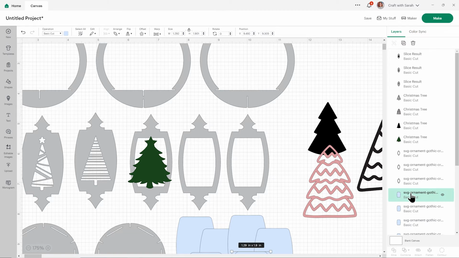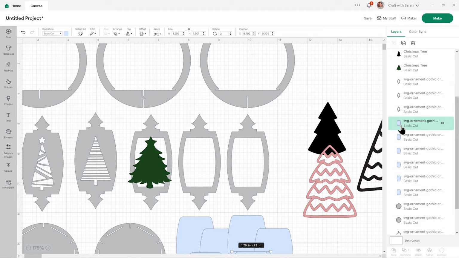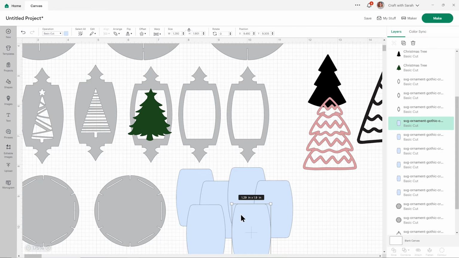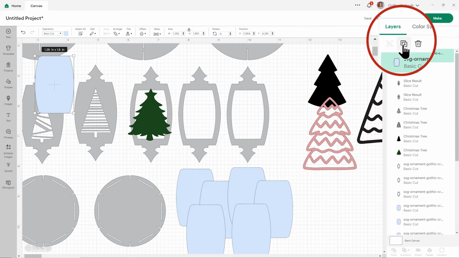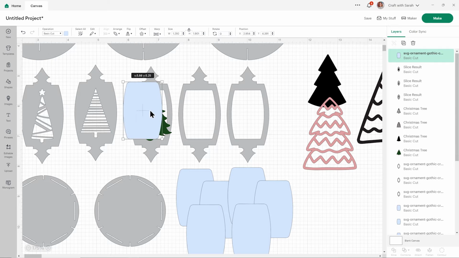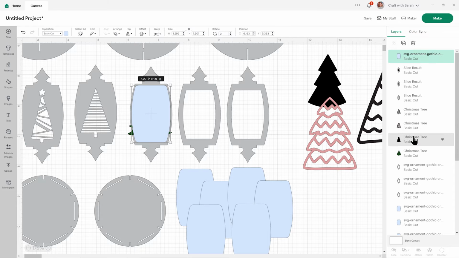The easiest way to do that is to click on one of the inner panel shapes in the Layers panel, these little solid bits here, and press Duplicate to make a copy. Drag that over to where your image is, and then select that, press Shift on your keyboard, and choose the image underneath.